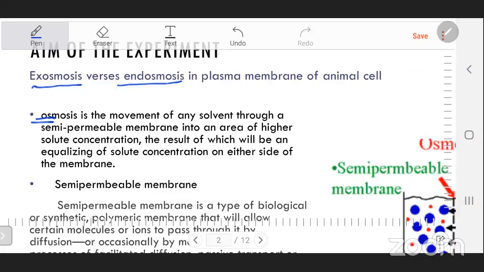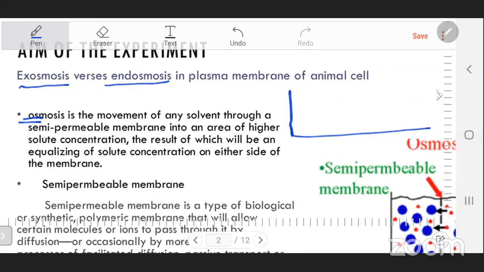So in the process that we call osmosis, the liquid part of a solution may contain some solid part also, but the solid part doesn't move. Only the liquid part moves through a semi-permeable membrane from a higher concentration of liquid solvent, where there is more liquid, to a region where there is a lower concentration of solvent, that is a lower amount of liquid molecules. And the whole process is known as osmosis. I will try to explain it by a simple drawing.